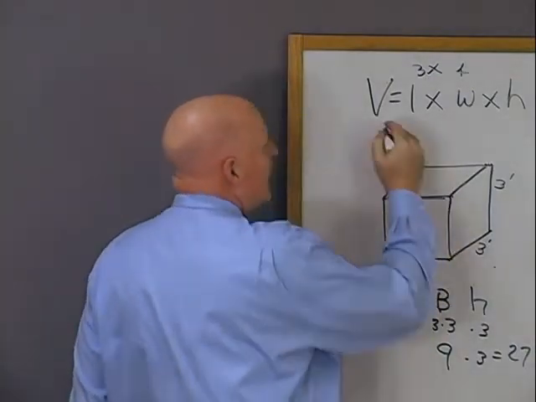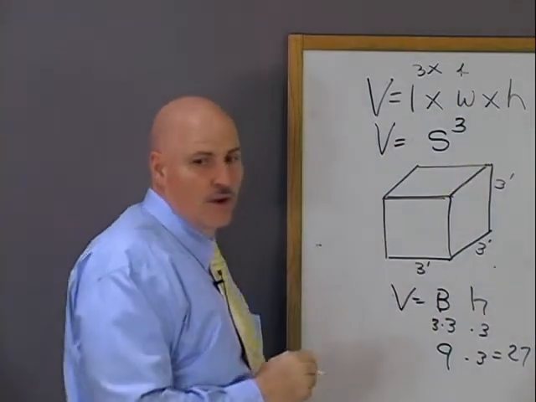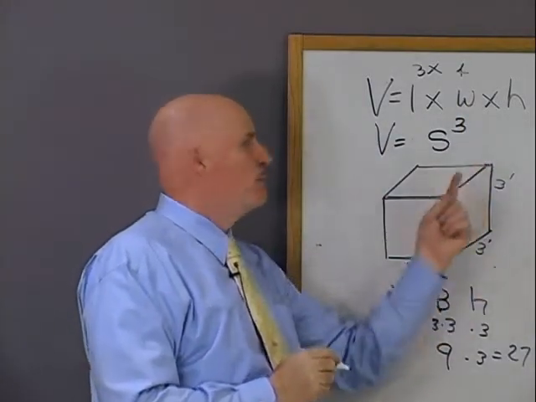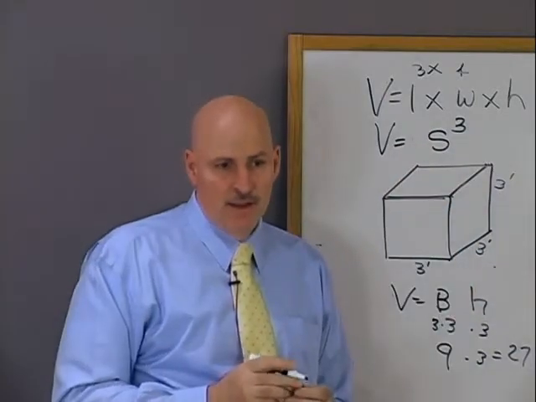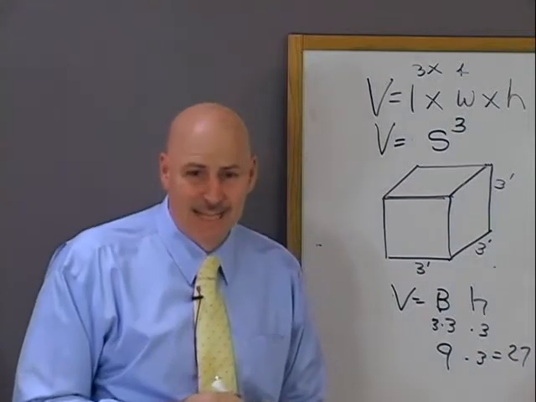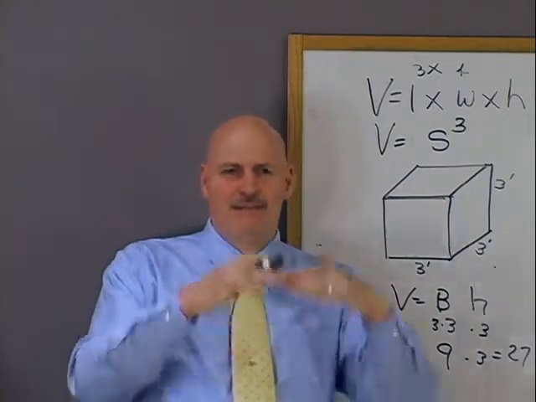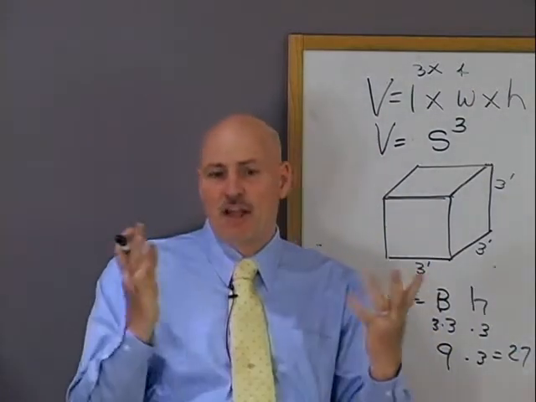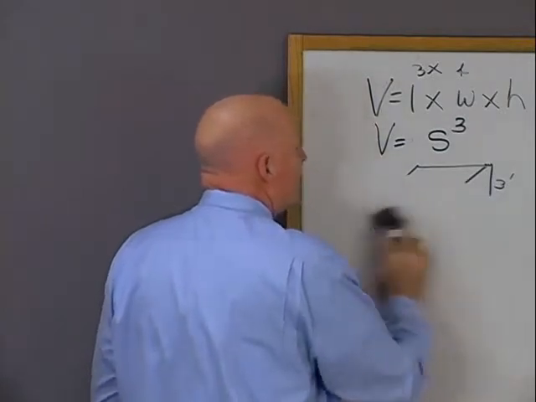This is normally given as the volume of a cube is side to the 3rd power. Because all the sides are the same, you just put the 3 to the 3rd. That's legitimate. I'm going to teach you both ways. The main thing I want you to do, though, is think. I want you to look at it and go, well, if I can just find the area of the base, then multiply by the height, I got all of them. Especially when you get to shapes that are